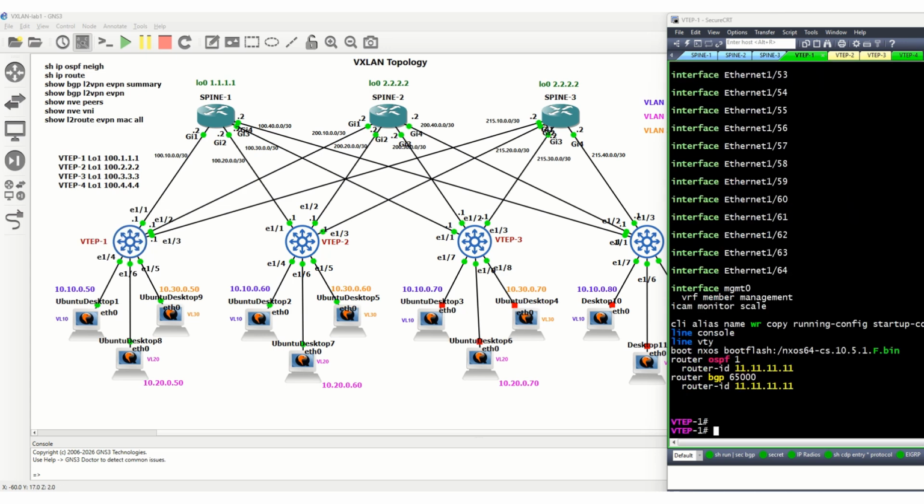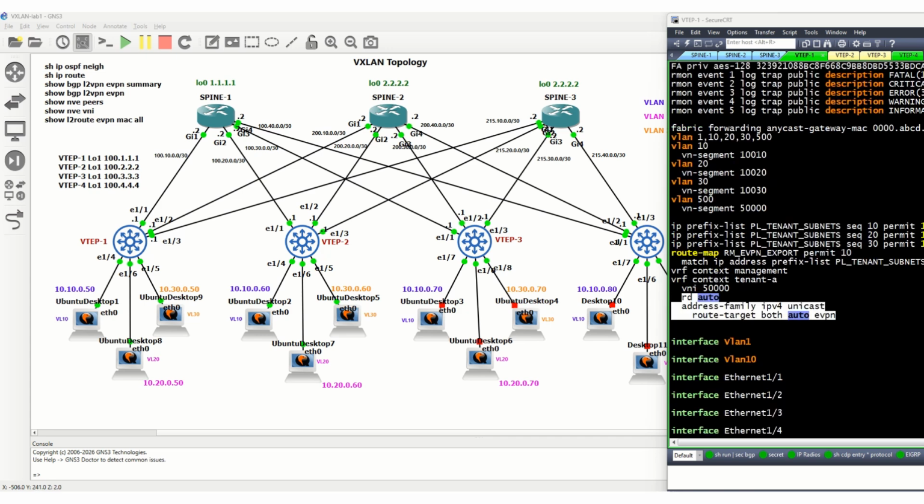The second part of the route distinguisher is going to be your VRF VNI. So if you have multiple tenants, multiple VRFs, well, actually it's going to be router ID, or sorry, route distinguisher is going to be